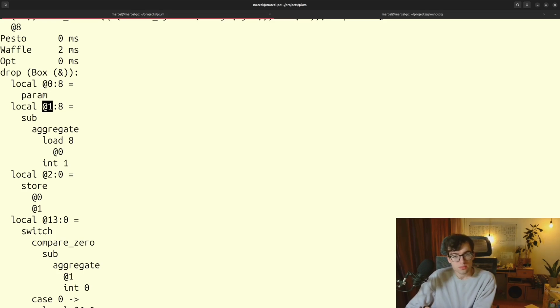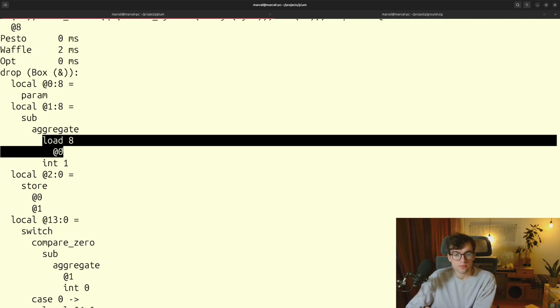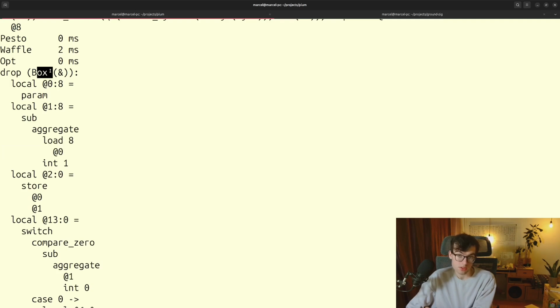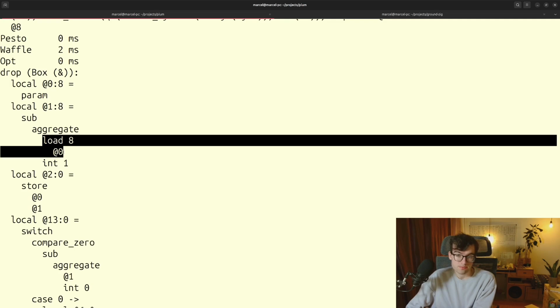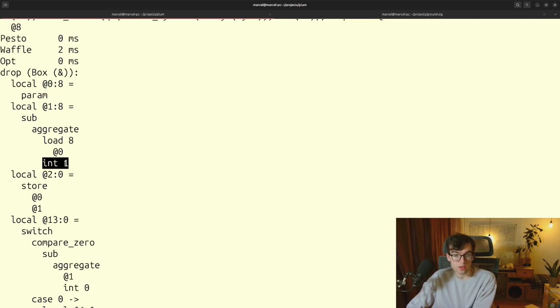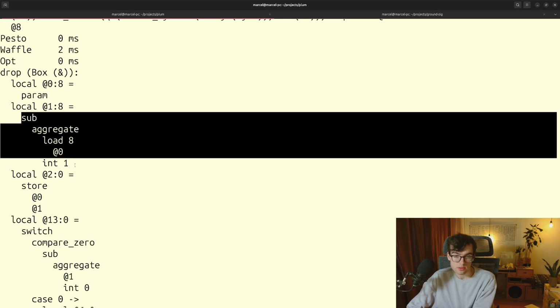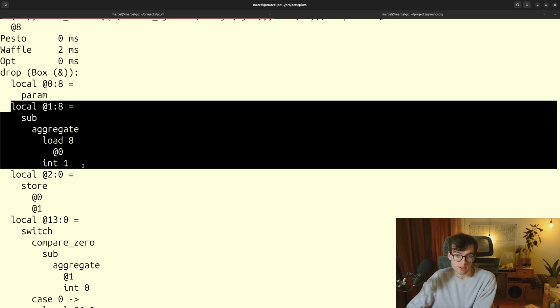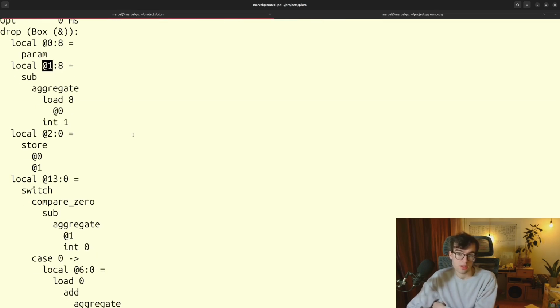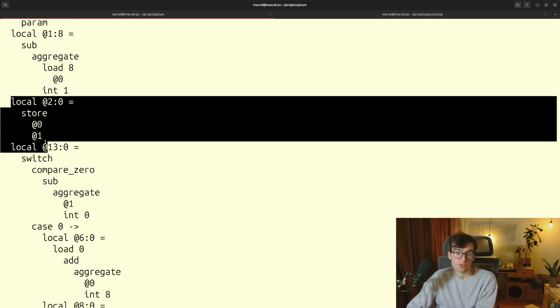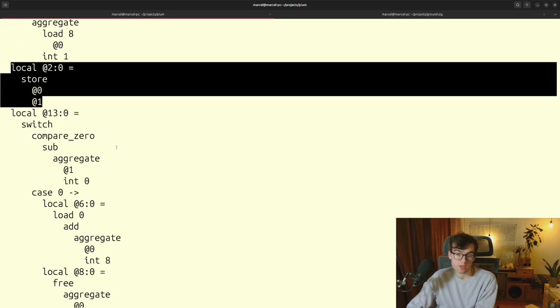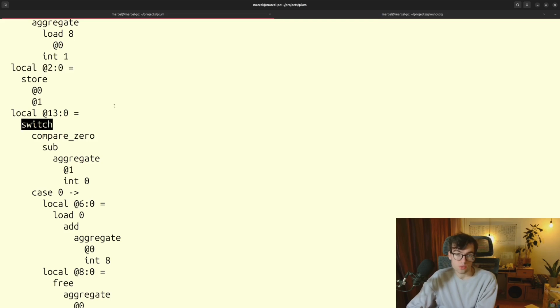Then it loads that local, because that's a pointer, it's a box, to actually a reference count and then a struct. So all heap allocated things have a reference count. We load that, and then we subtract 1 from that to decrement the reference count. So this right here is the new reference count. We store that into the heap allocation, and then we switch